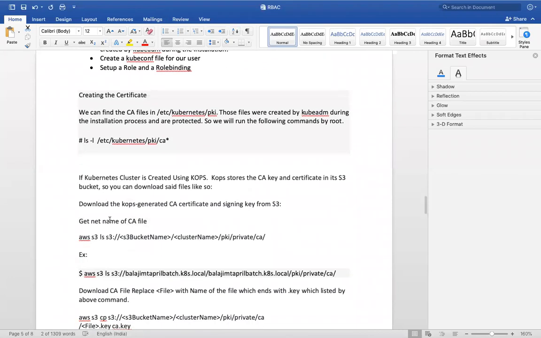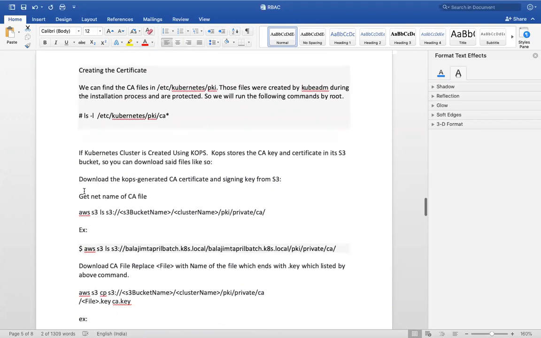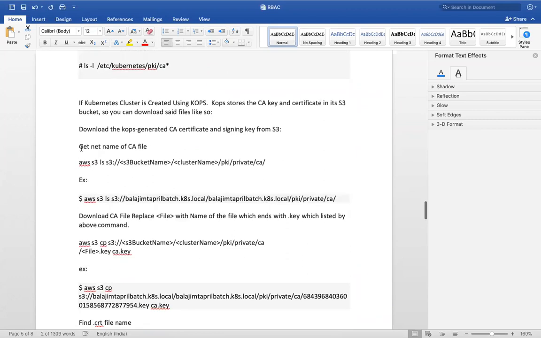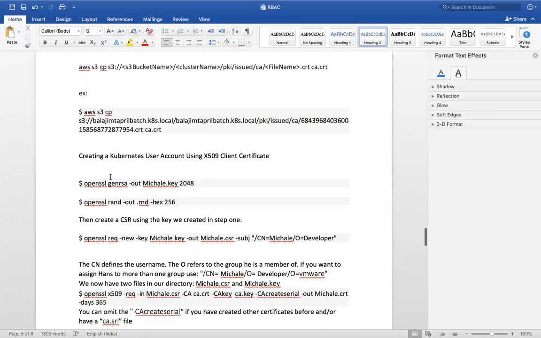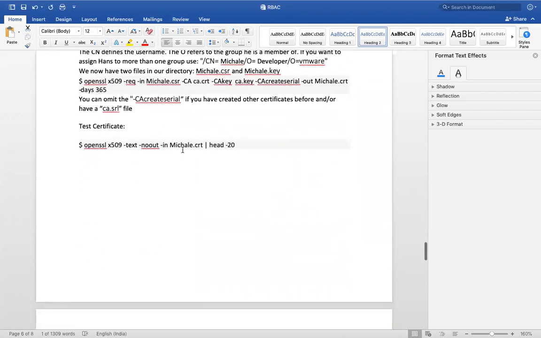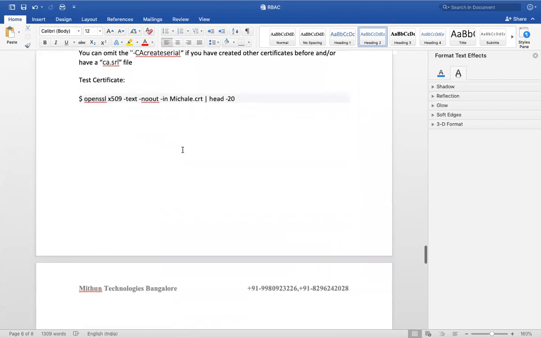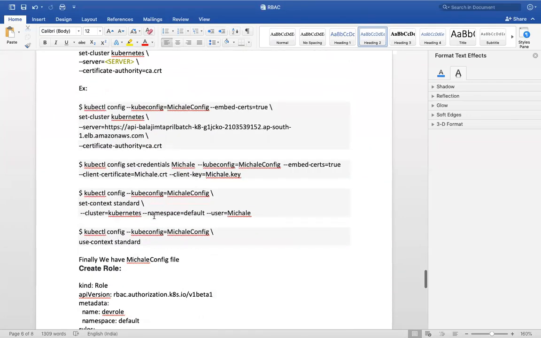In a Kubernetes cluster which is created using kops, you can also follow these instructions to get the certificates and generate the certificate for a user like developer, and if the developer is using that certificate in the kubeconfig file by following this instruction,